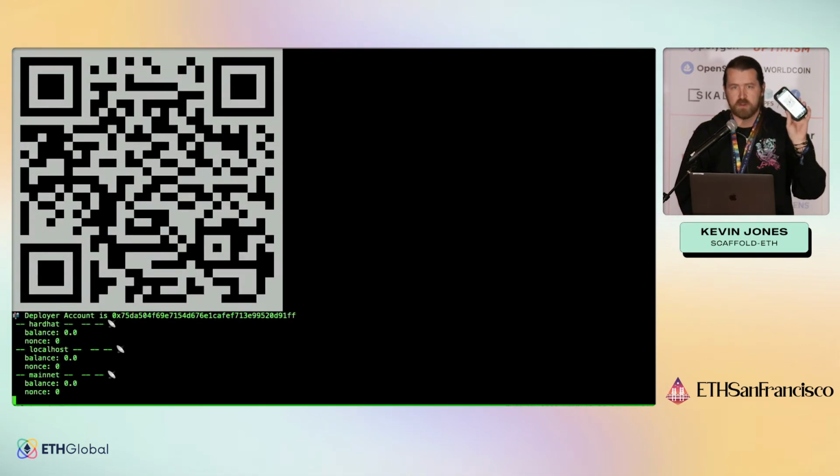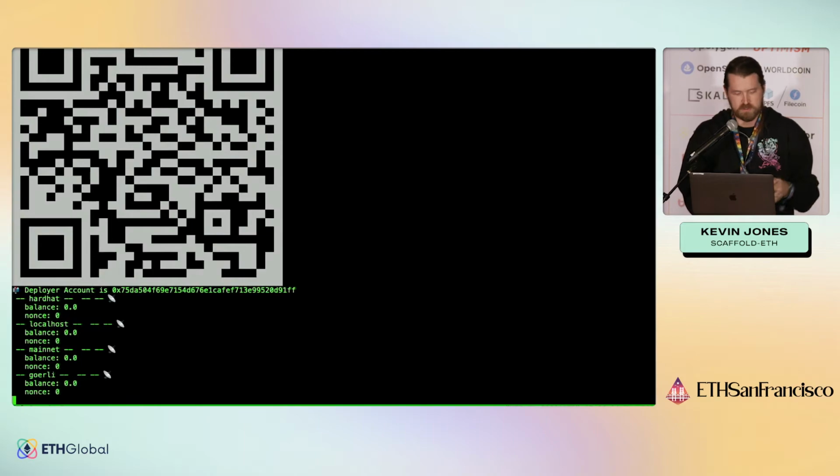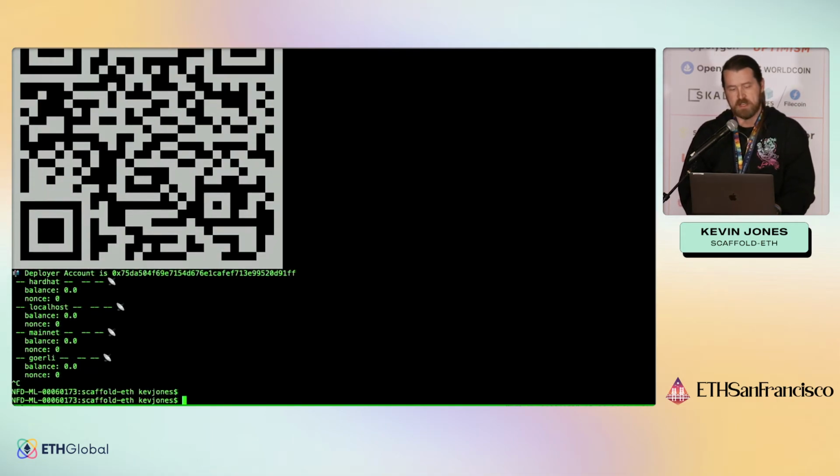And I just have this preloaded with some testnet ether. I also have some Polygon Mumbai stuff on here as well. And so now I have access to that, and I could send some ether to it, right? And then I have a deployer account that is generated, and I'm able to deploy my account. And if you want to deploy, I could deploy this right now to,